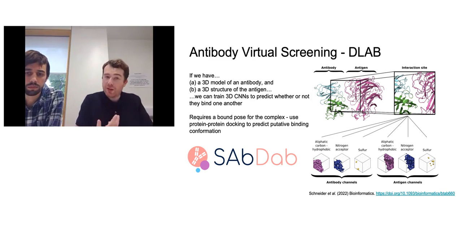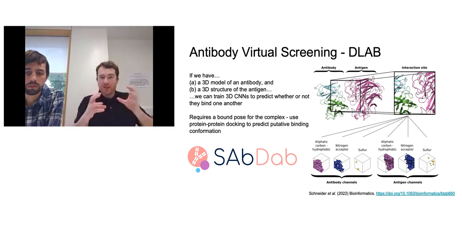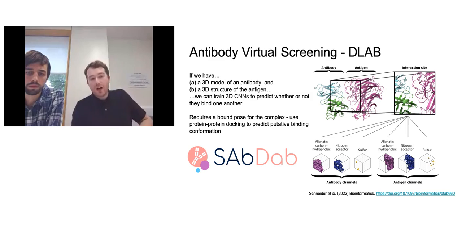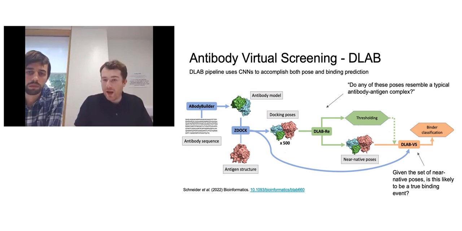And so this whole process necessitates docking, which, if you're familiar with it, is basically the idea of: I have one protein, I have another protein, I rotate in space and try to predict how they will sit together. But given that you're able to perform that to some degree of success, you can then predict whether these things bind. And so we did this in our tool DLab. Just a very brief overview of this pipeline, because it's really a multi-stage process.